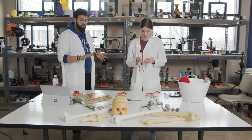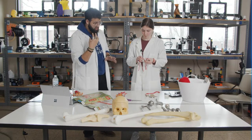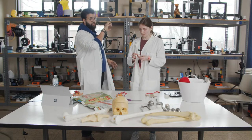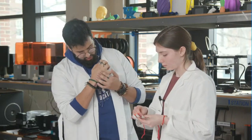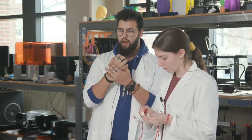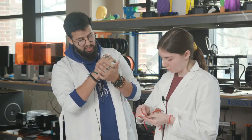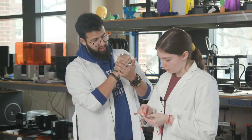But we're talking about tendons right now. I want everybody to look at their hand, and on the back of their hands, again, you can see this on the little poster that we have. If you kind of squeeze your hand, you can see these little veins almost. Well, not veins, they're tendons. And how we know they're tendons and not bones or veins or anything like that is you can actually see the restriction of it,